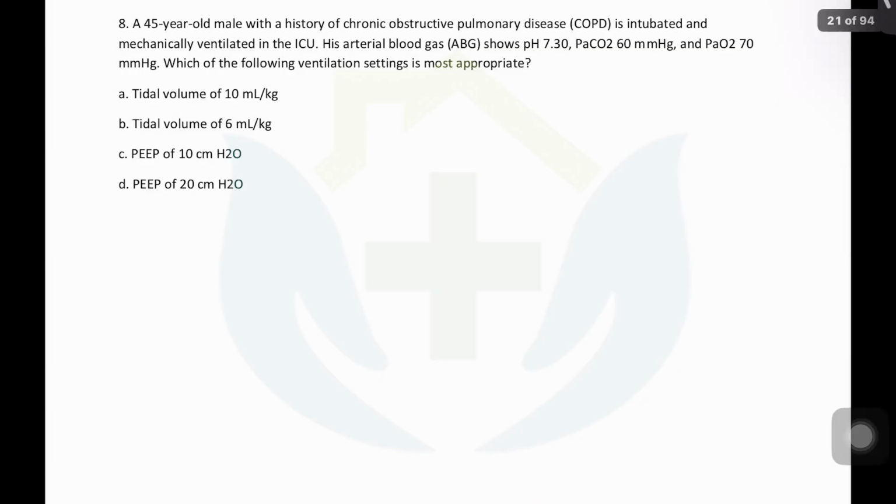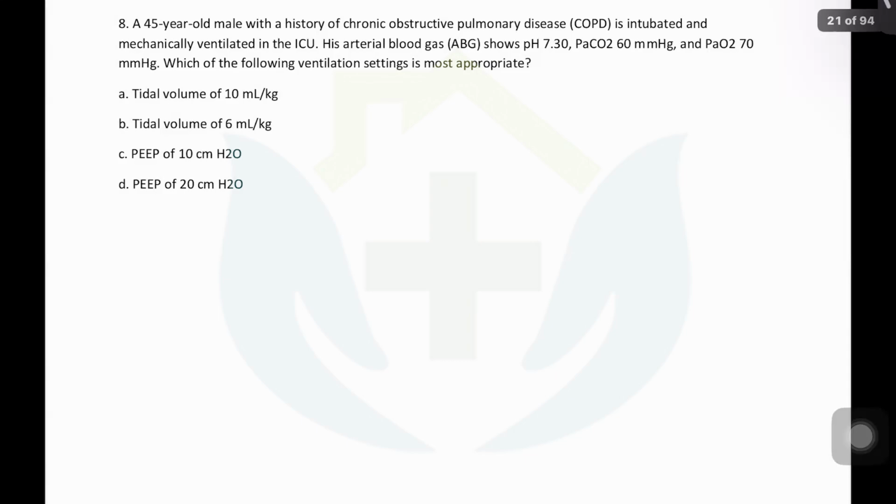So what is the diagnosis? It is respiratory failure type 2. There is hypoxia and hypercarbia. There is respiratory acidosis. The patient is on a ventilator. What will you like to do? The answer is B. So we would just try to have lung protective ventilation. This is what I wanted to hear from you. Lung protective ventilation has 4 to 5 parameters we will discuss, but right now the most important parameter is right in front of your eyes.